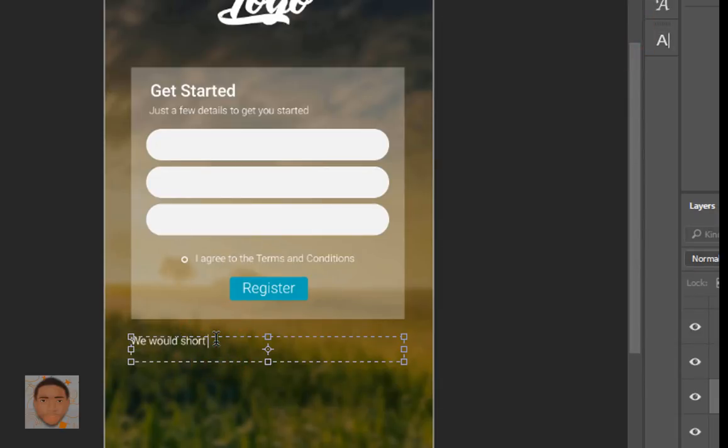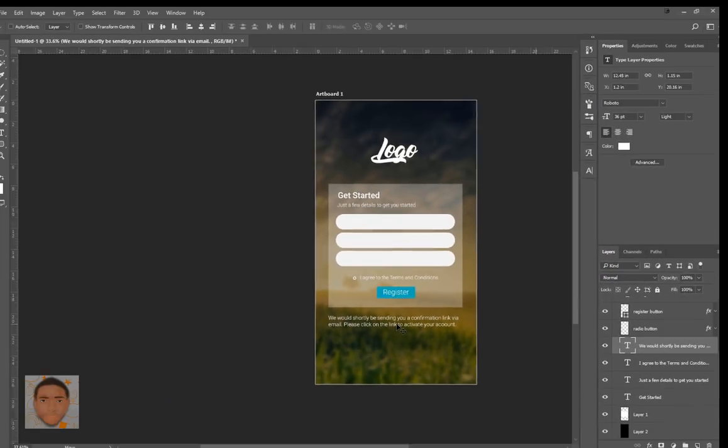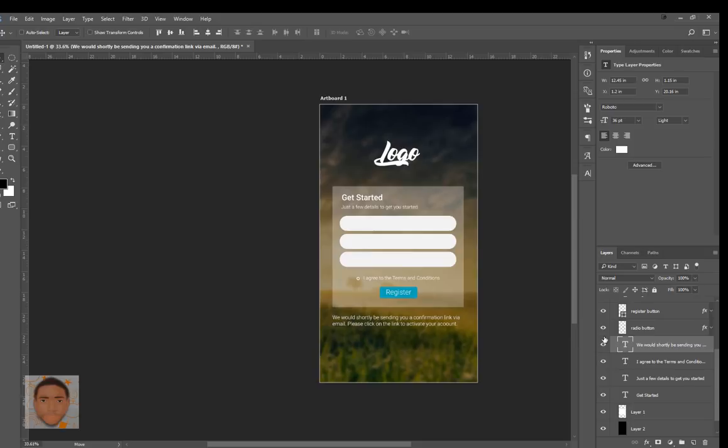We would shortly be sending you a confirmation link by email. Yeah, so please, no capital letter, please. Click on the link to activate your account. Yep, that's good. Does it look in place? I think so. And I'm gonna centralize, center,